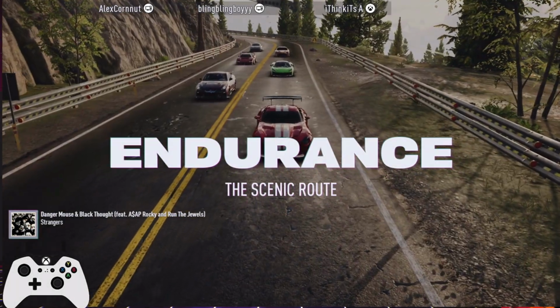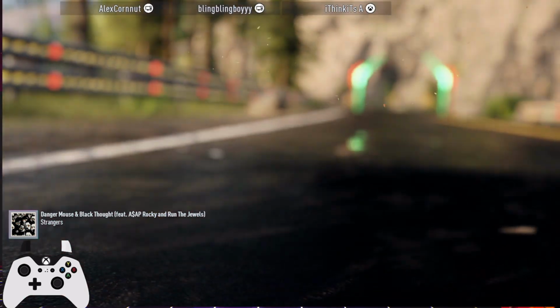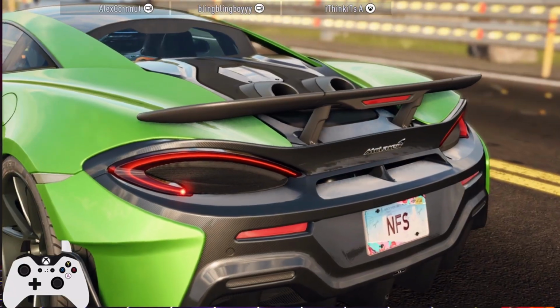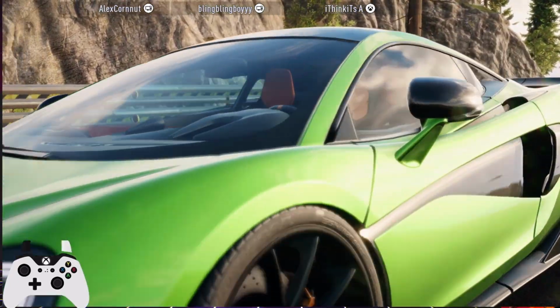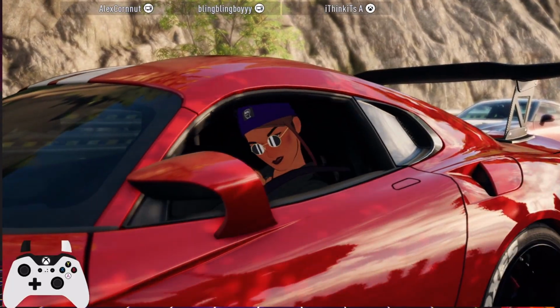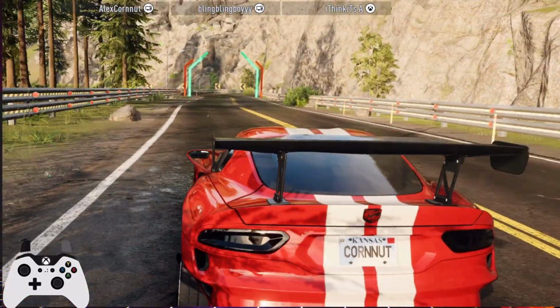All right, endurance race, the scenic route. This is not a clean run. This is not a meta run. This is not even a good time, you guys. So don't crucify me in the comments saying you're faster than me, because this isn't my run. But it is my run in this car that I was able to get for the gameplay footage that was